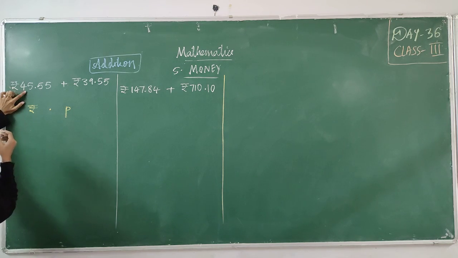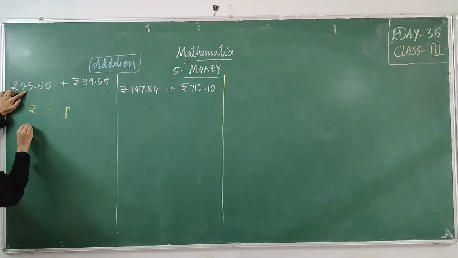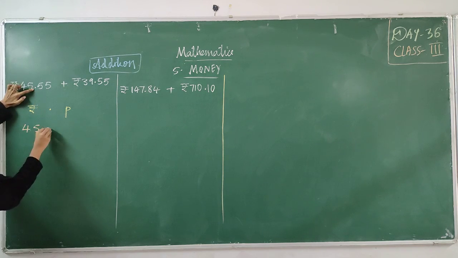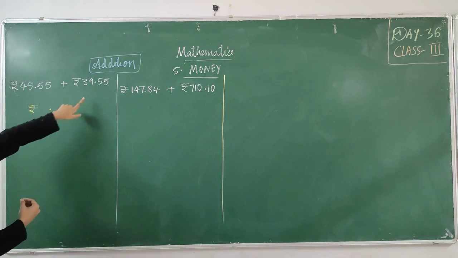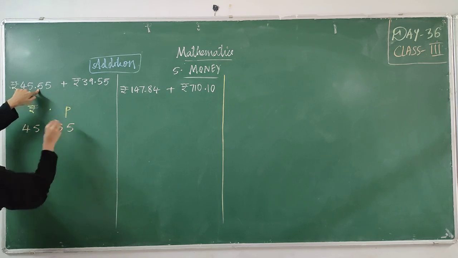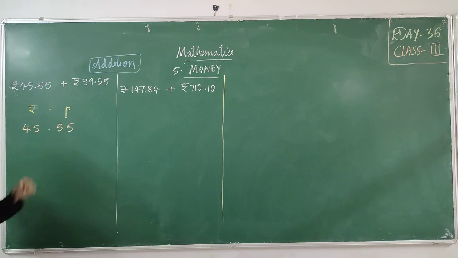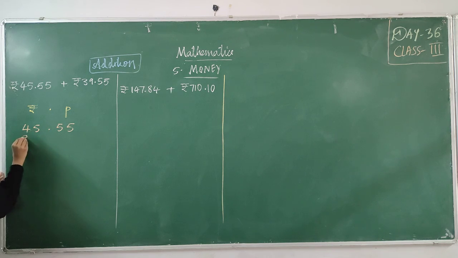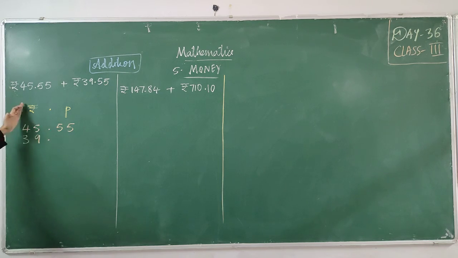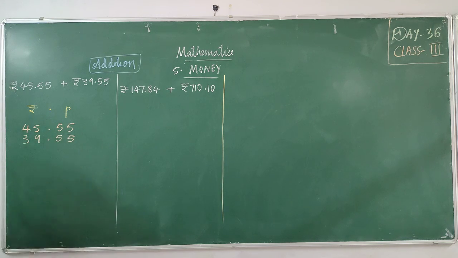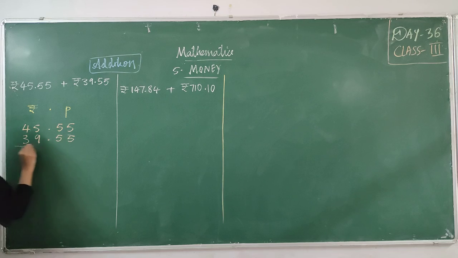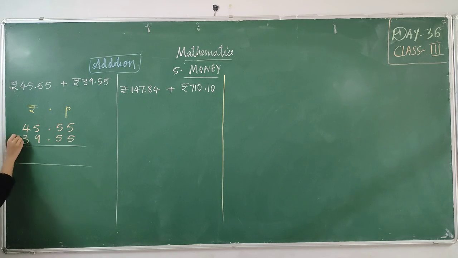Now see here. This is 45 rupees, so it will come in rupees, 45. The dot will come below the dot. All the dots should come below each other. Then after the dot is 55 paisa. Now next is rupees 39.55. 39 is only two digits, put one below the other, no problem. The point should come below the point. This side is the rupees column, this side is the paisa column, and 55 paisa again. Now we wrote the numbers in the columns. Now we will add. Put the addition symbol and do the addition.